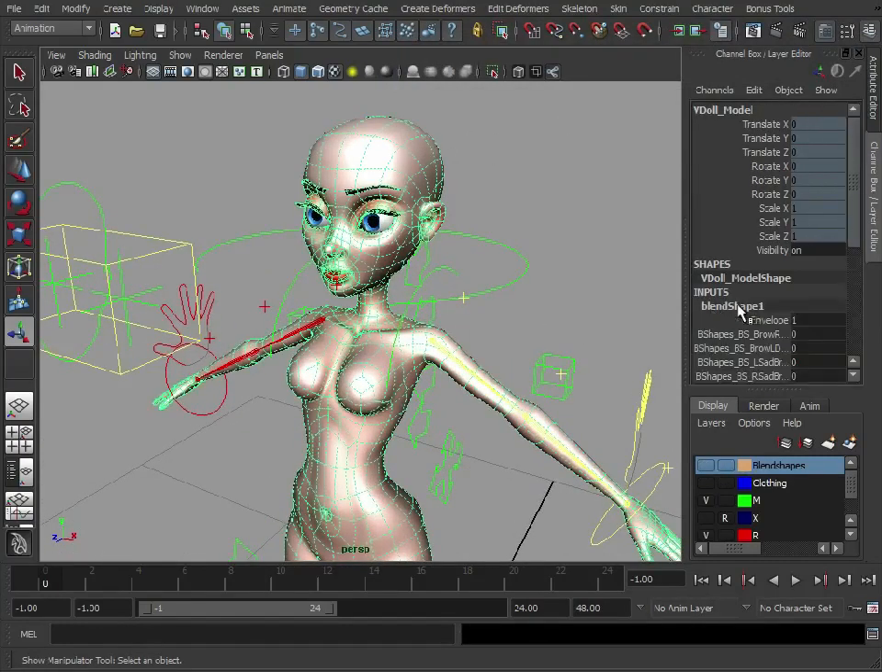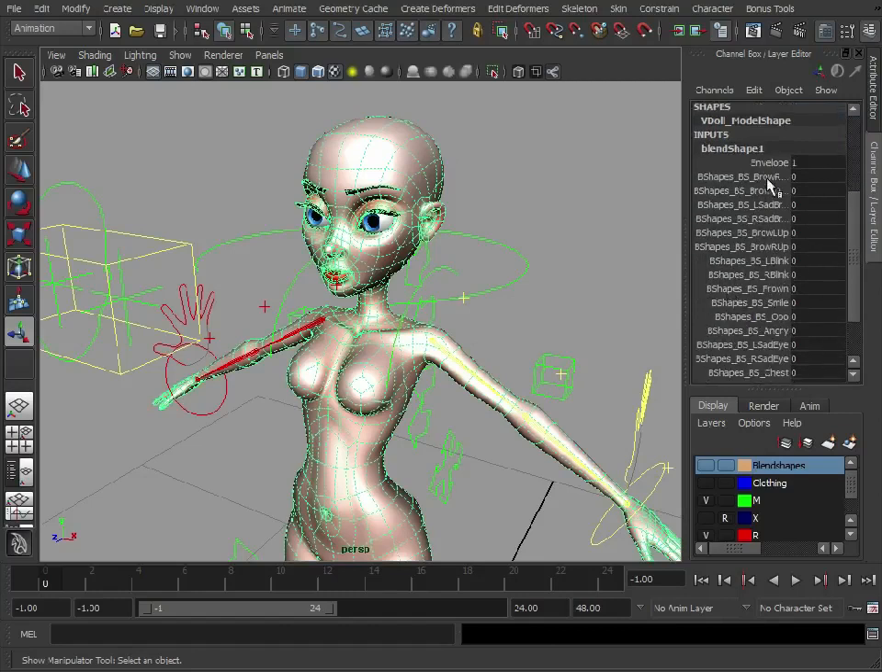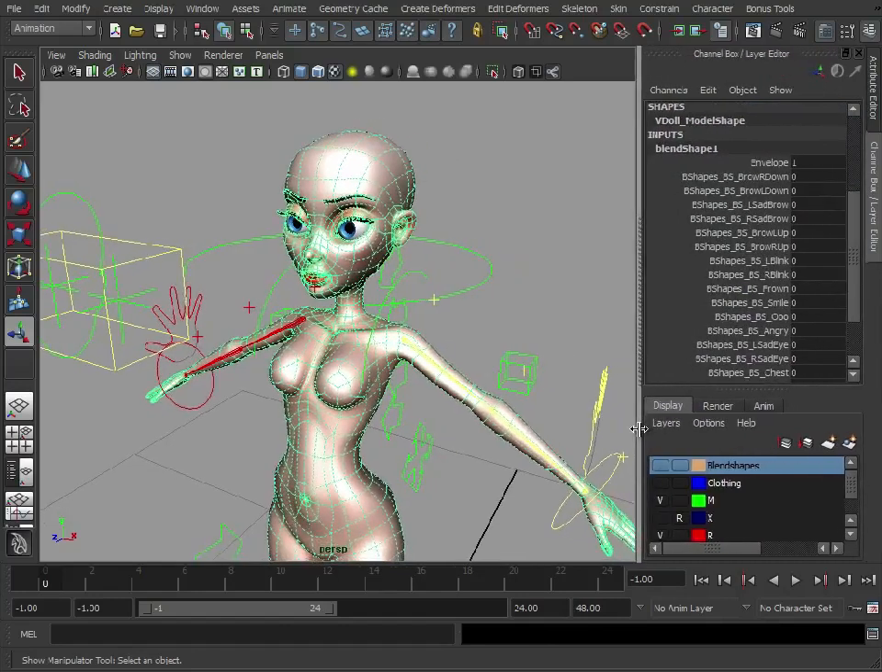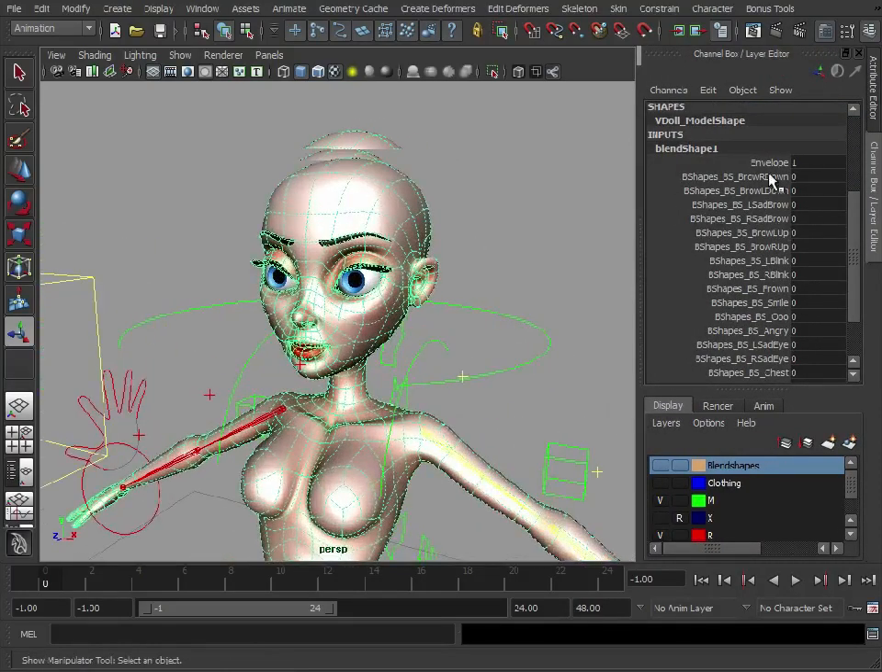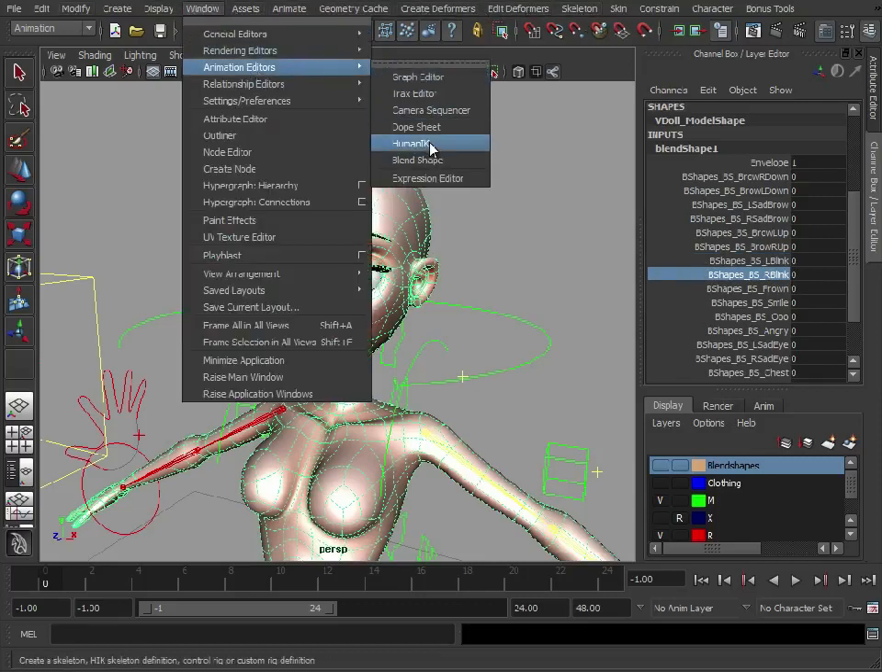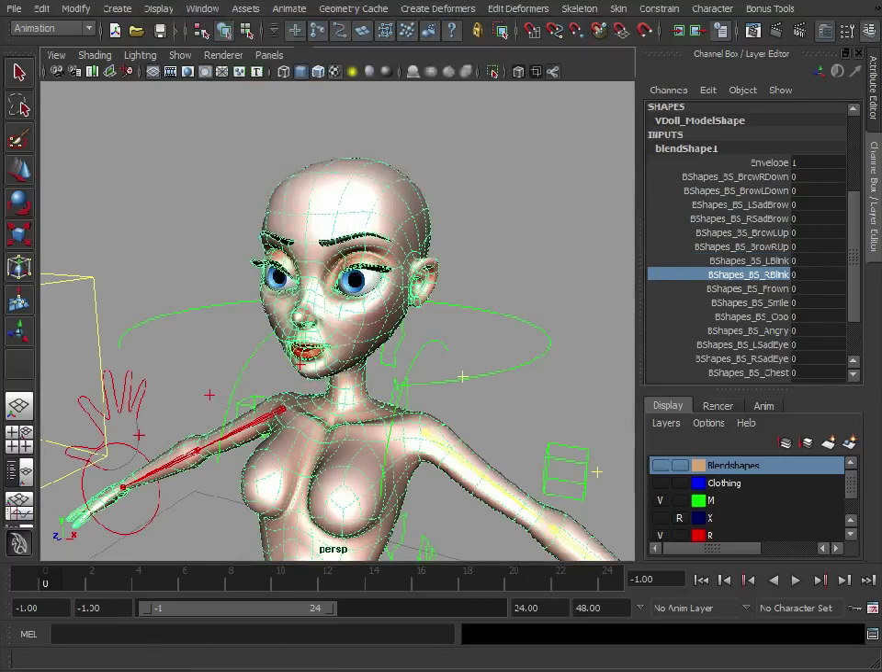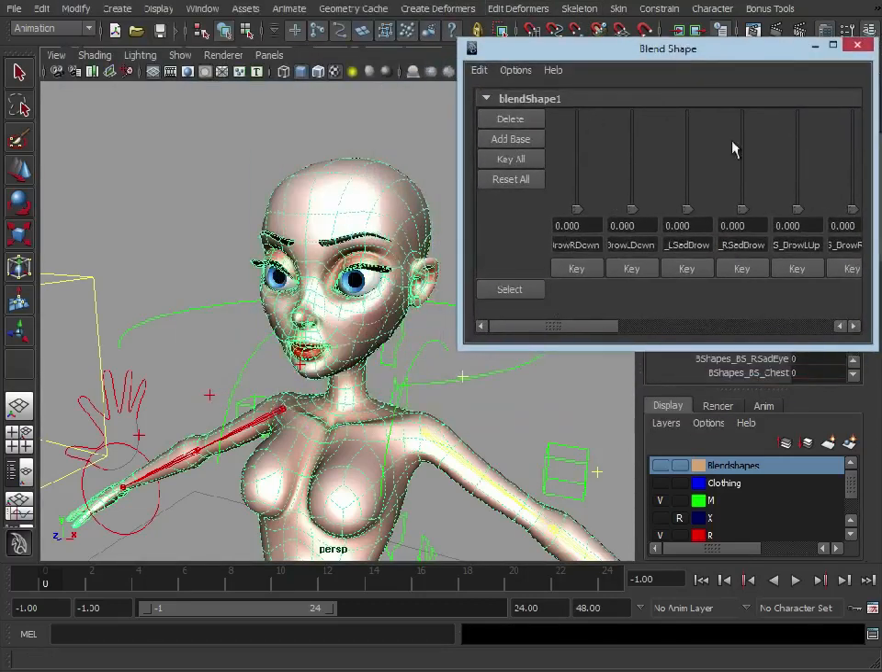As you can see, we now have a blend shape node down here. We've got our names of our various models in here. I'll just make this a little bit bigger. So if we adjust these, we can see the face is going to change. We have our left blink, right blink, and if you go to Window, Animation Editors, Blend Shape, just bring this down here, we have a nice little window where we can adjust these. So if I adjust the right brow down, like so,